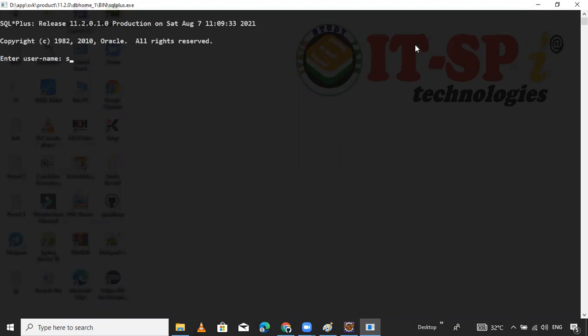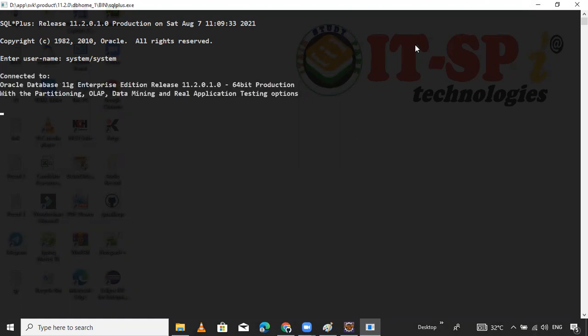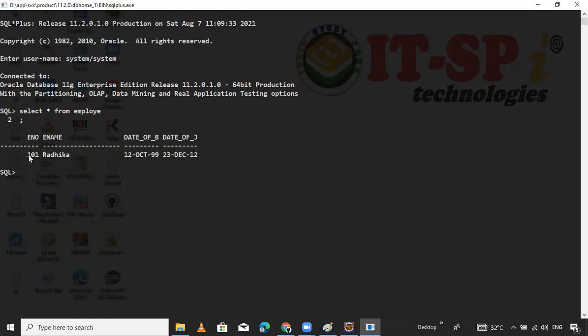My username is system, and the password is also system. Now connected. Select star from employee. I think only one row is there in employee. So insert some more data.